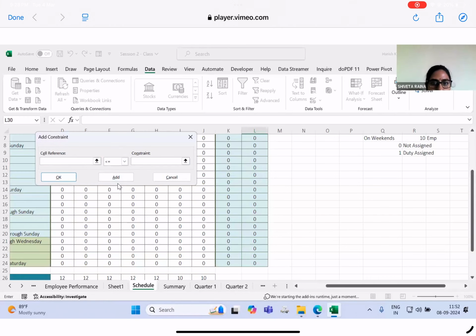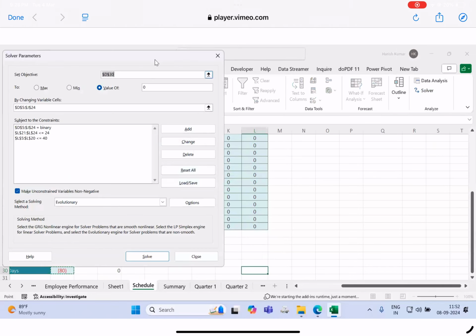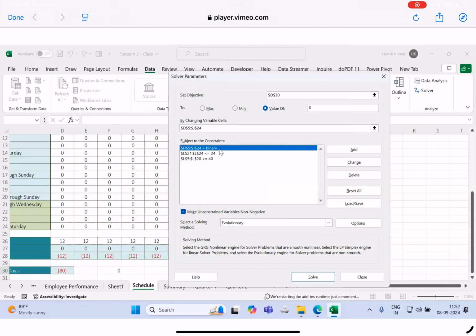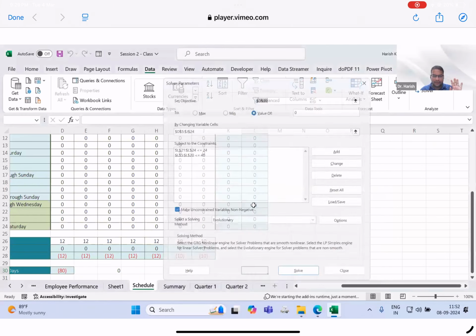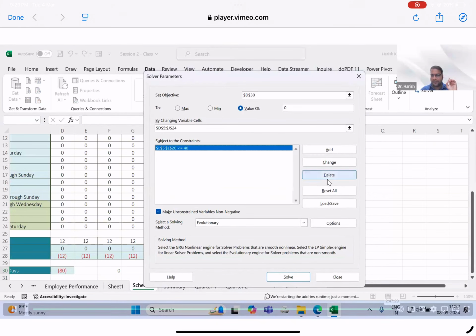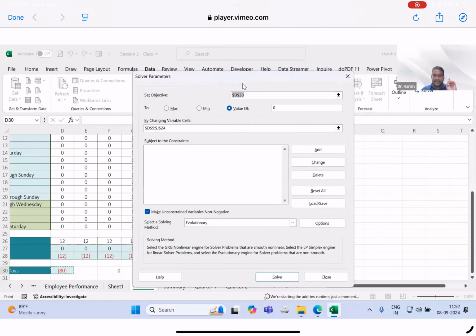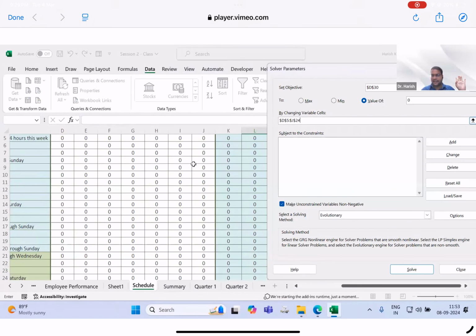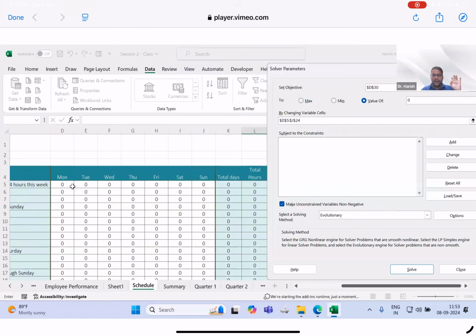So please repeat the second reference. Oh, okay. Constraints, sorry. Second constraint. Okay. So let me delete all the constraints. Till now, it is fine that what we are going to do, we are setting the objective to make the shortfall 0, by changing the duty assigned. My changing cells are from Monday 0, Monday to first employee, and